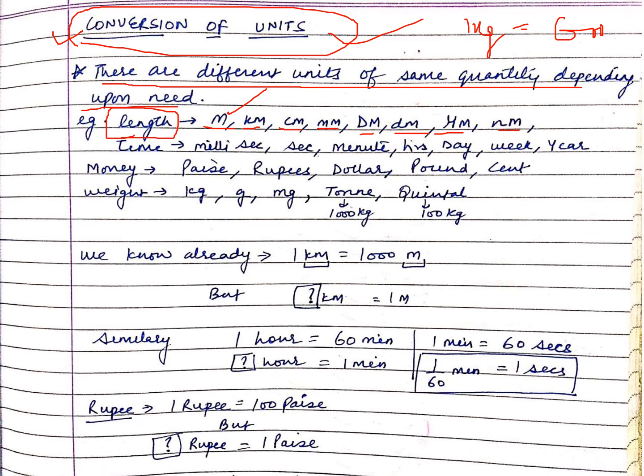What if you use that meter scale to find the distance between two planets? What will happen? The distance between them in meters will come like this: 100 zeros or 500 zeros. You won't be able to write that big a number conveniently. So that is very tough for you. So for larger distances, we went for light years. You must know there is a distance known as a light year, which we use to find the distance between planets and the sun, like that. Similarly, we have kilometers when we are talking of roads.